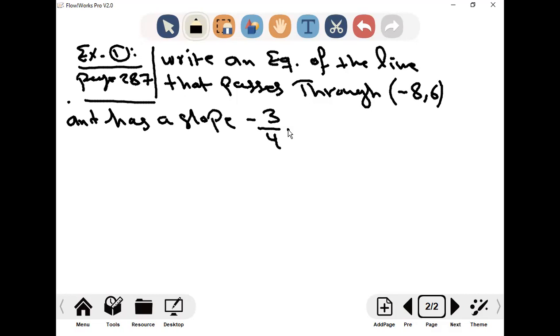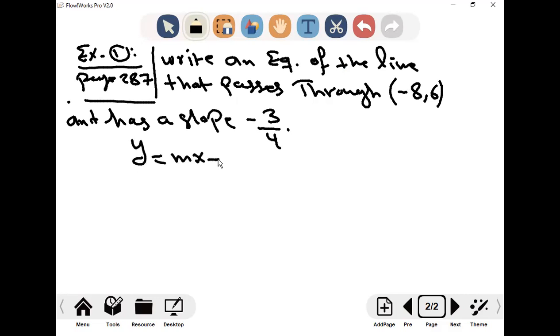So m is given, I know it. How much? I still need b, right? Write the formula y equals mx plus b. M is given, I still need b. I have only this information: the line, which you want to find the equation of, passes through this point in the coordinate plane. That's it. So I'll start with the formula y equals